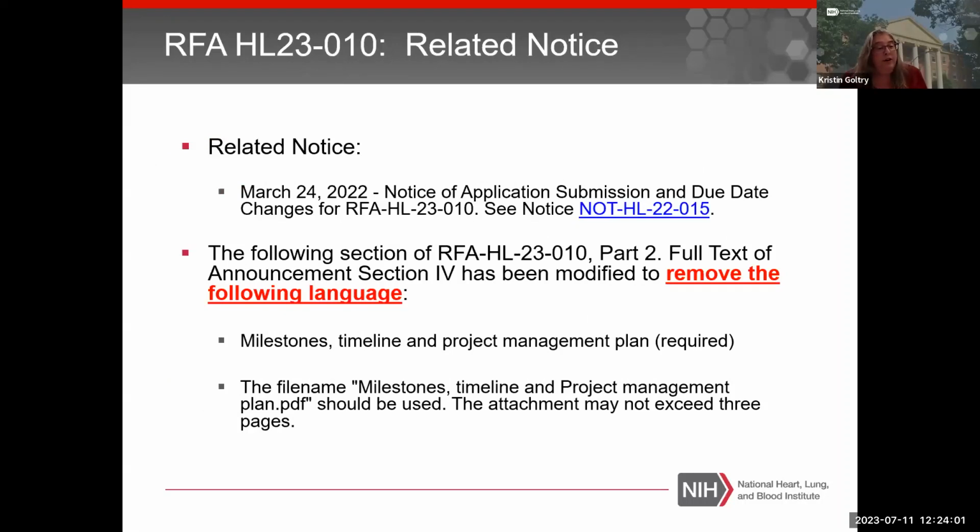So in this particular RFA, we have a second related notice that is very important. This related notice is NOT-HL-23-010. If you click on that, you'll get to the following section: RFA 23-10 is modified by removing the language, and the following language is the milestone timeline and project management plan. The file name should be used and the attachment may not exceed 3 pages. So this related notice removes that language from your RFA. So if you go to the next slide,